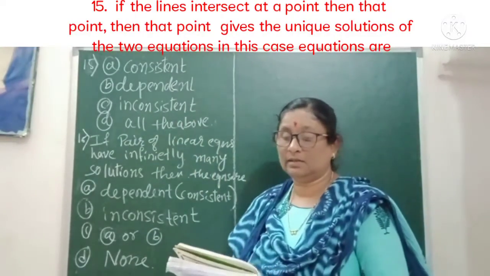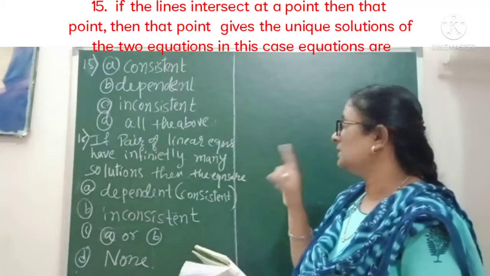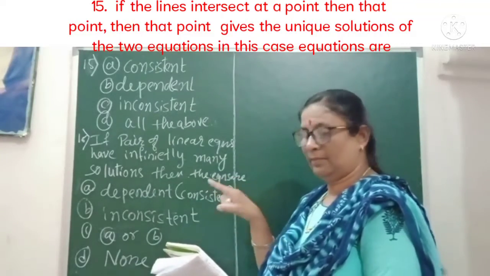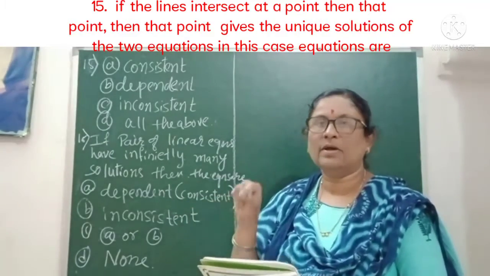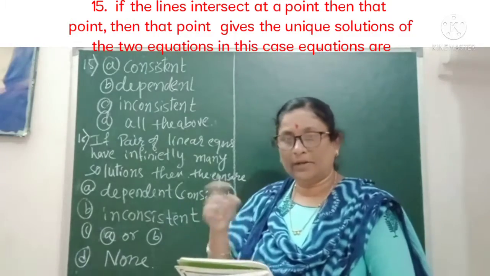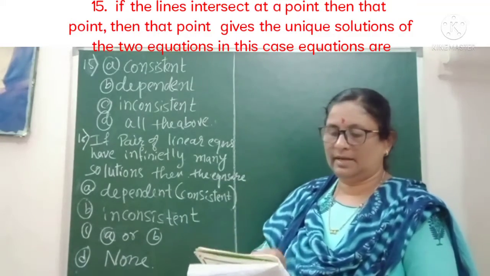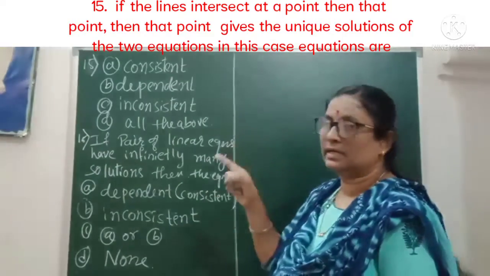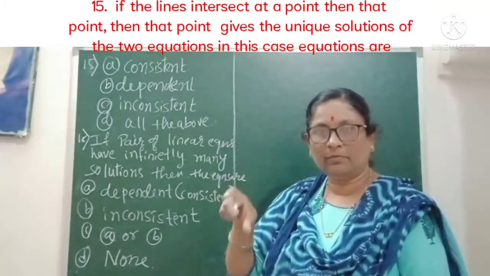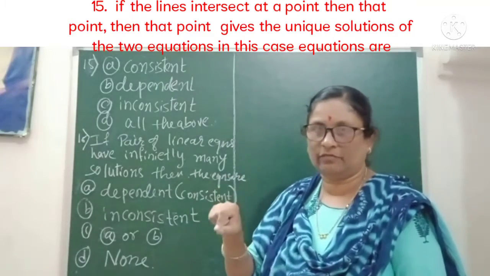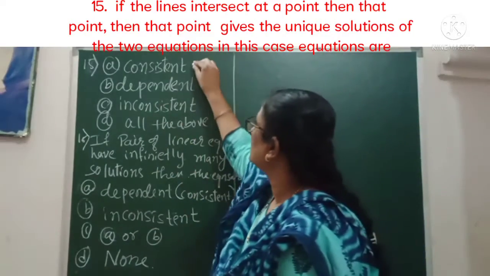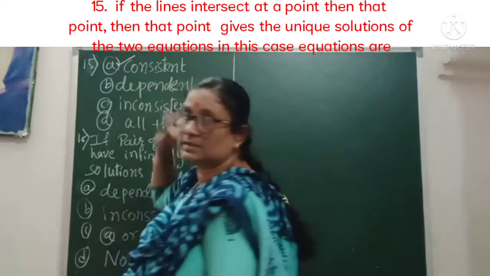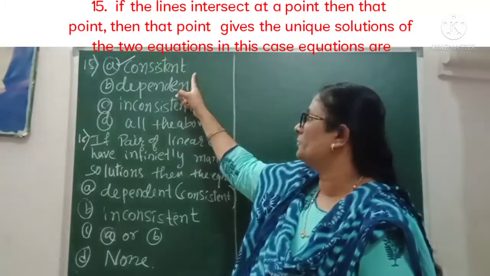Okay, a few more questions are there this week, I'll explain. Listen. The 15th question is a little twisting. If the lines intersect at a point, see the question well. If the lines intersect at a point, very simple, then we know they have a unique solution. This you know. Then what they are asking here is, in this case, the equations are called what? When they intersect, one condition, at the same time we know they have a unique solution. You will get confused with this one, so I'll clear that. In that case, we call such equations consistent. Okay, consistent, they have a solution. This is the correct option.